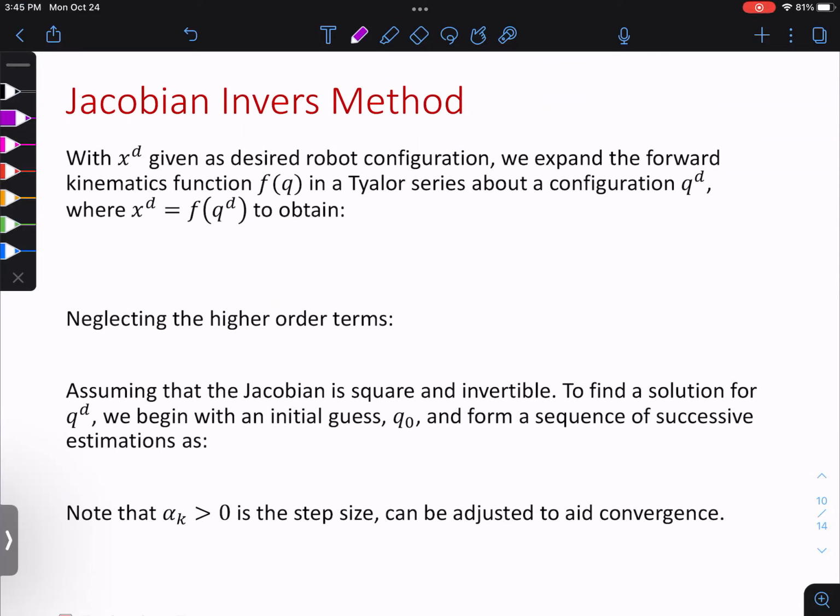Your book has the Newton-Raphson method. So if you are interested, follow your book. And for the Jacobian inverse, I'm not sure if your book has the Jacobian inverse, does it? Can you take a look? I'm not sure, I don't remember, but